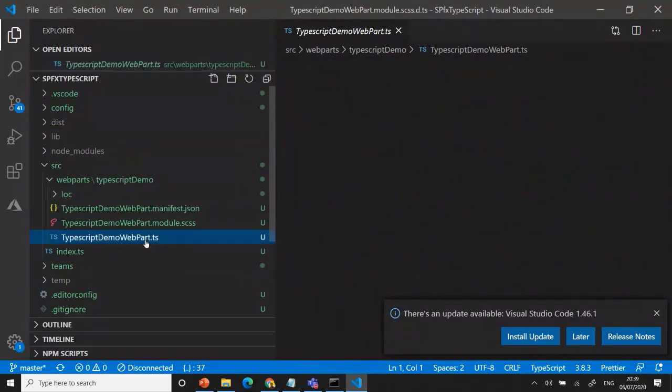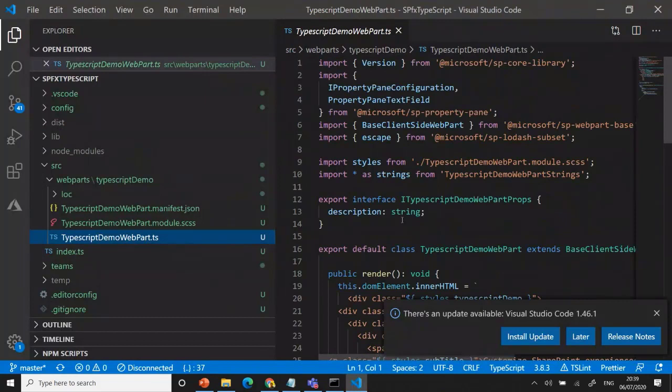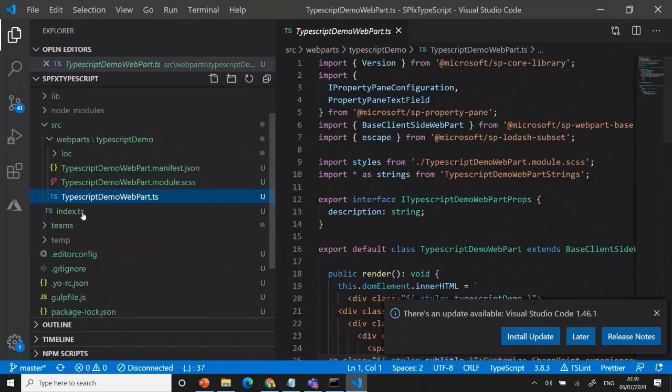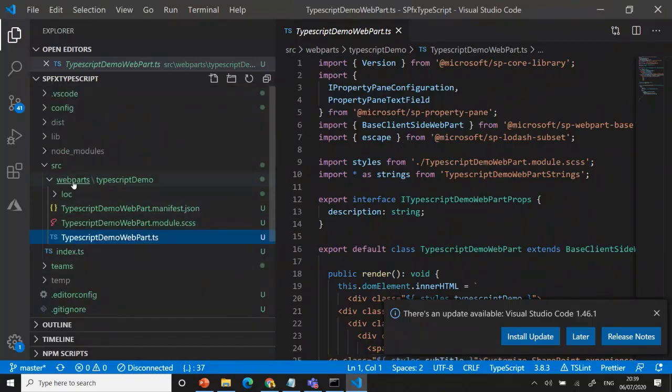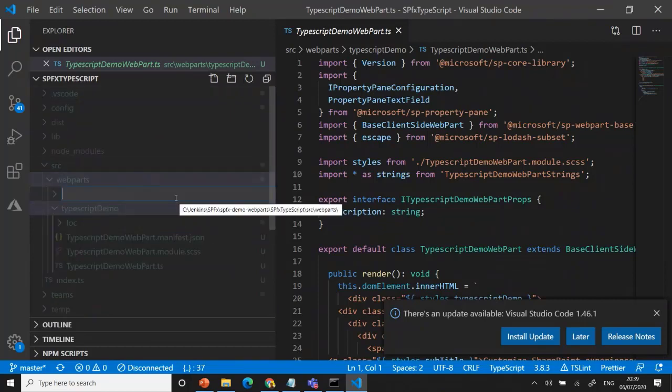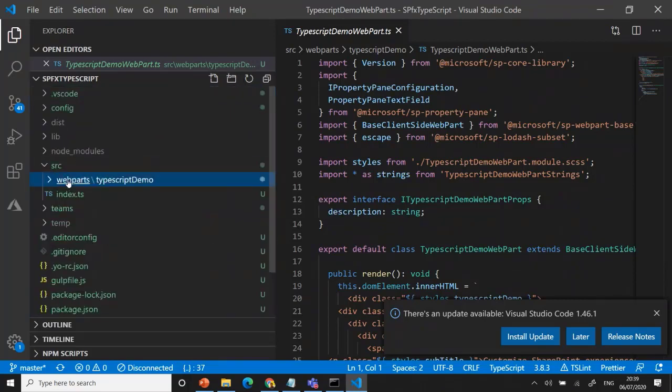Okay, now I'm going to show how to use the module here and how to use the TypeScript classes. I'm going to create one folder here. Most of the time, whenever we are doing any modules, we can go with the web parts. We have multiple web parts we are developing, right? We are creating a new folder.